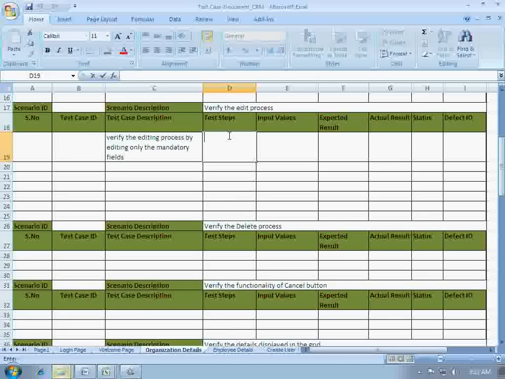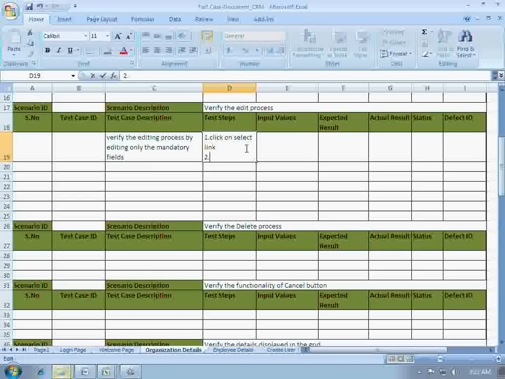So first step would be click on select link. So when clicked on select link, the details will be displayed in respective fields.